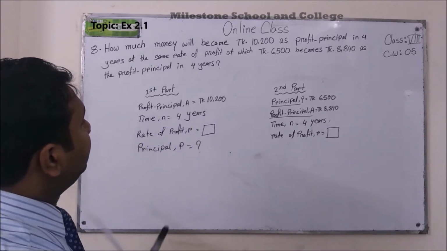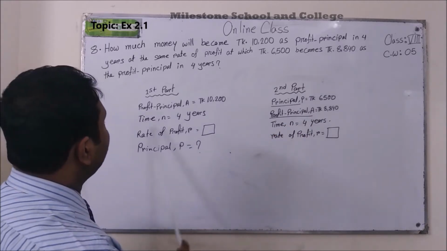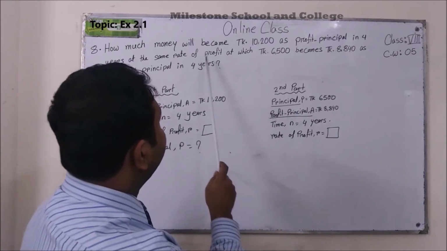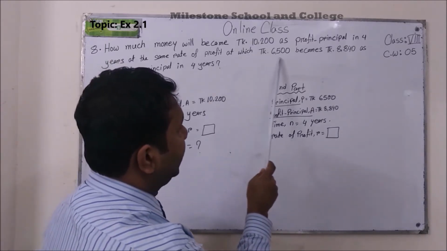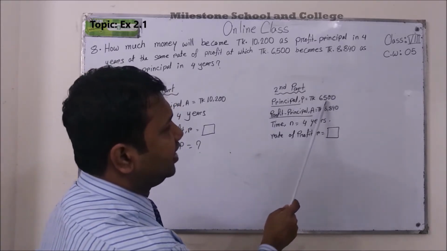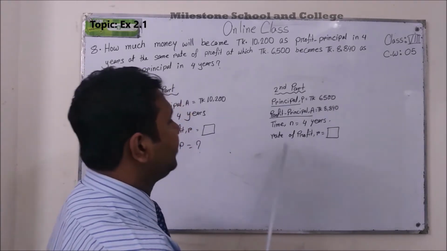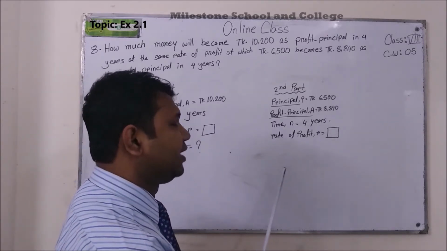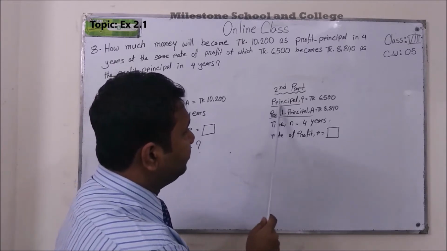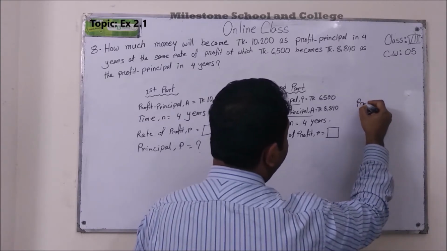In the first part you can see 10,200 taka, that is your profit principal. Time is given as 4 years, but there is no rate of profit. In the second part you can see, at which taka 6,500 becomes taka 8,840 as profit principal. So principal is taka 6,500, profit principal is A equal to taka 8,840, time N equal to 4 years, at the same time. From this principal and profit principal,